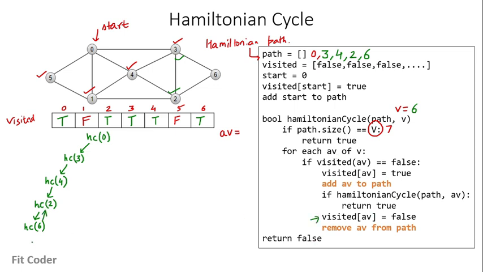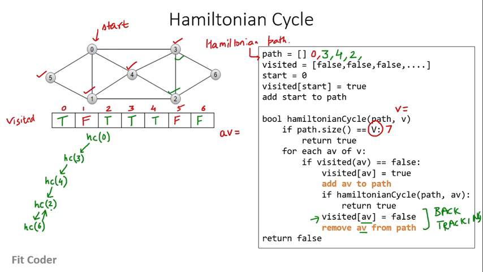So when we are returning false from the HC6 function, we come here. So now we have to mark visited 6 as false and we have to remove it. So here visited of 6 becomes false again and we remove 6 from the path. So this is done because now this is not a valid path. We have to try other combinations. So we remove what we have already done for this vertex. So this is how we do backtracking. So basically we are backtracking our steps if we go in the wrong direction.